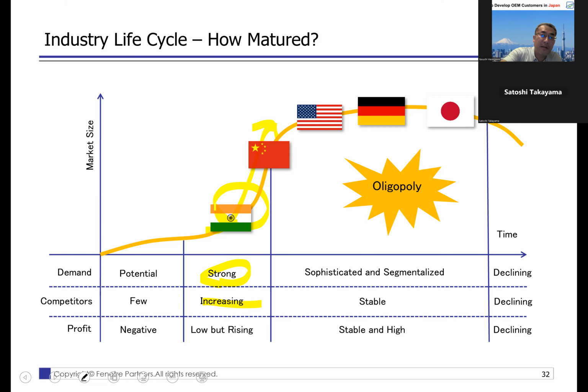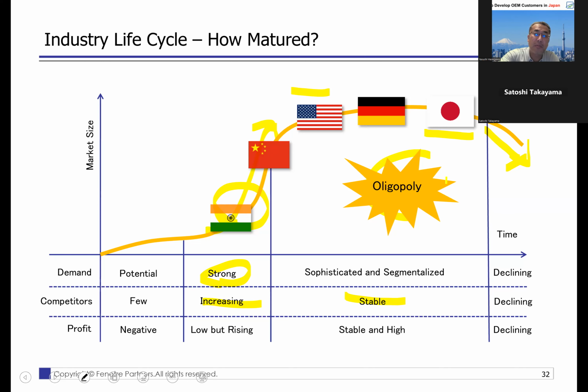And then the growth hit the ceiling. Now we are at the mature stage or somewhat declining, especially in some traditional industries. In such a case, competition is usually very stable. The market is dominated by several strong players. In Japan, mainly several strong Japanese companies and some European or American companies dominate the market,